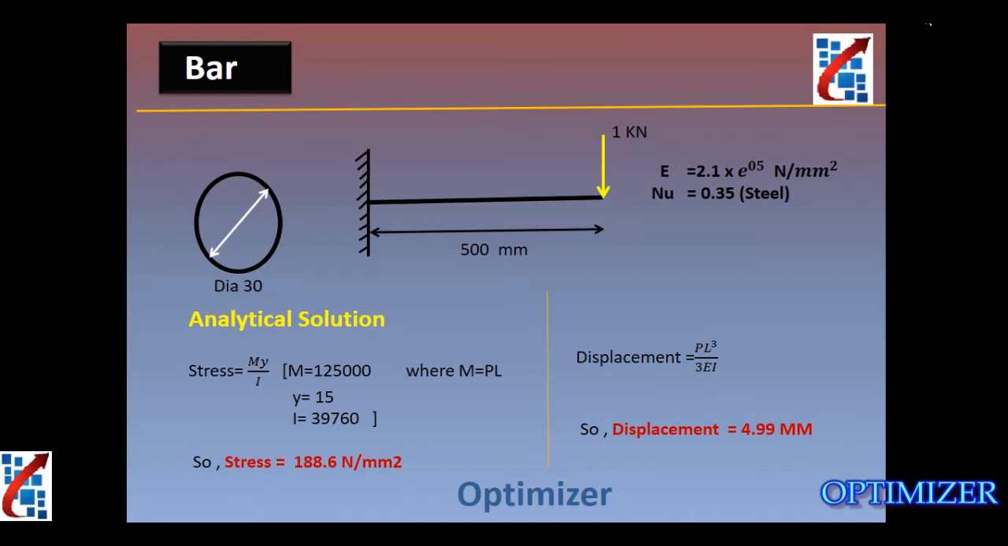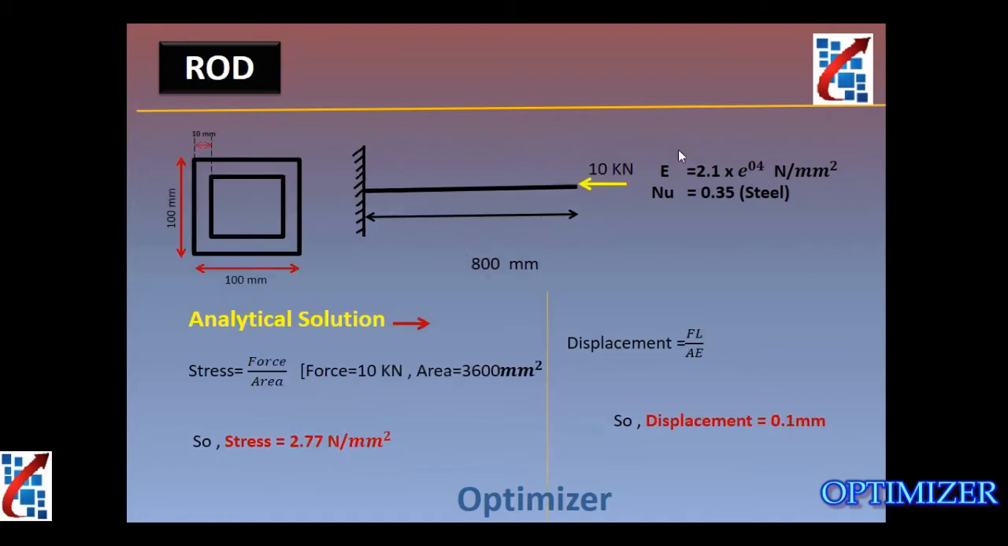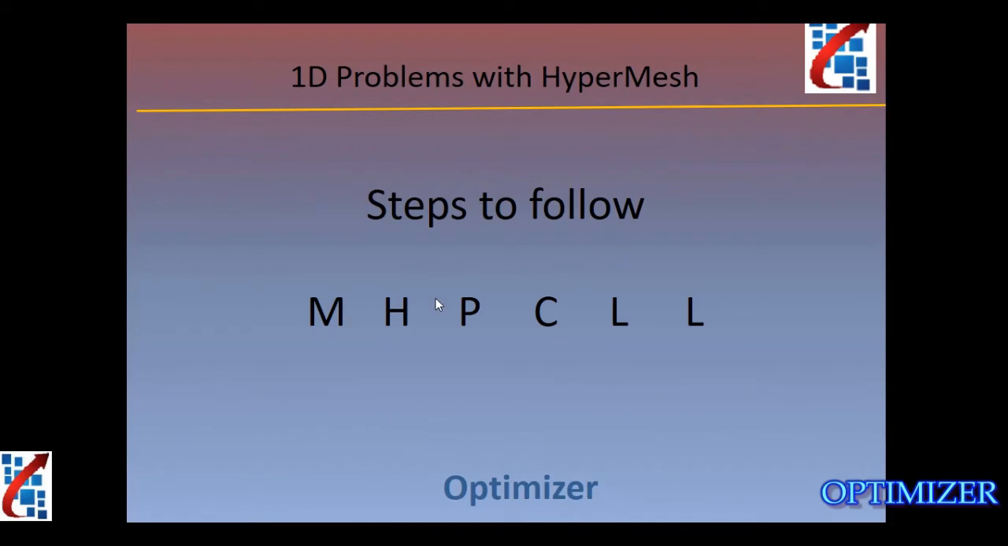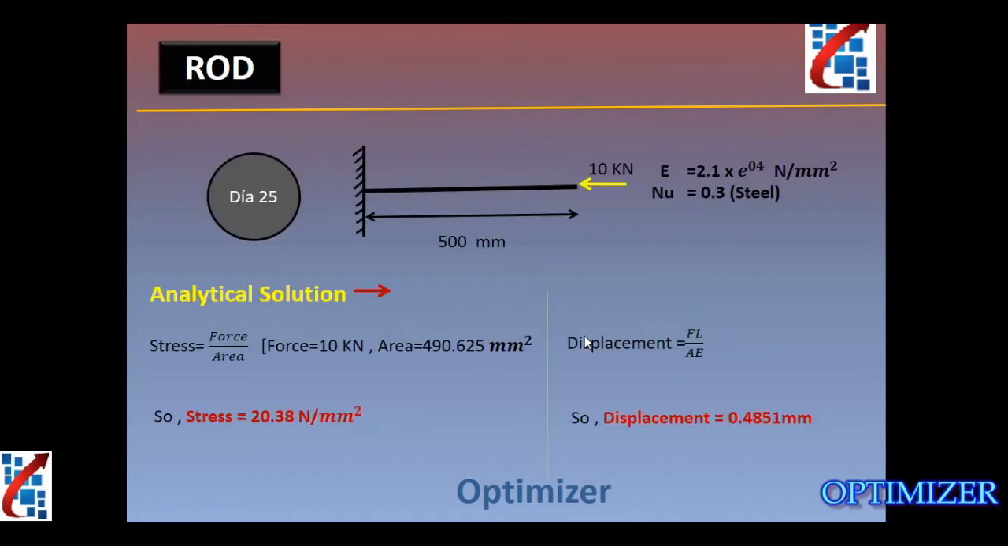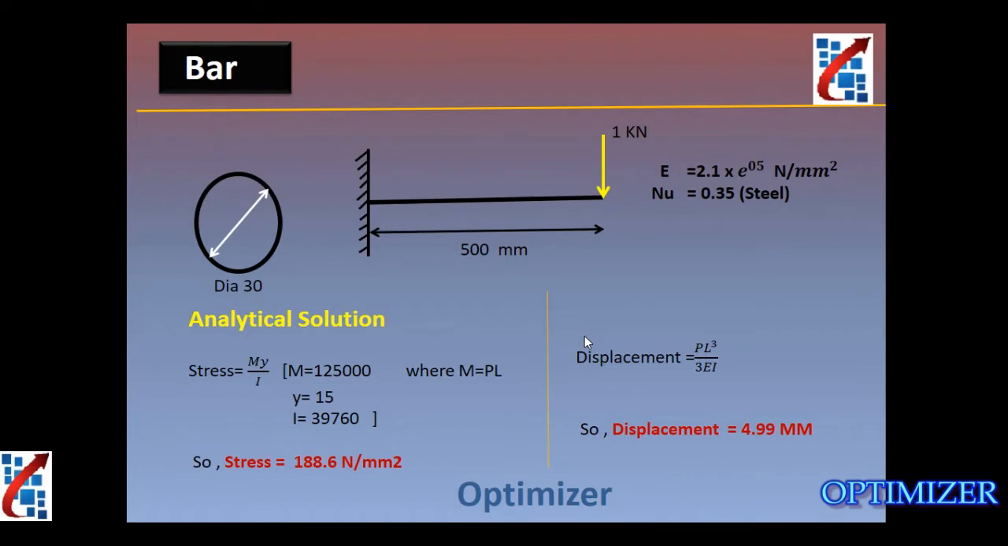So in the last video we saw the rod element, how to solve the problem with the rod element, and what are the different steps required to solve any 1D problem with the help of HyperMesh. As per our previous discussion, these are the steps required to solve any 1D problem: material, HyperBeam, property, component, load step, load collector and load step. So these are around 6 steps required to solve any 1D problem with the help of